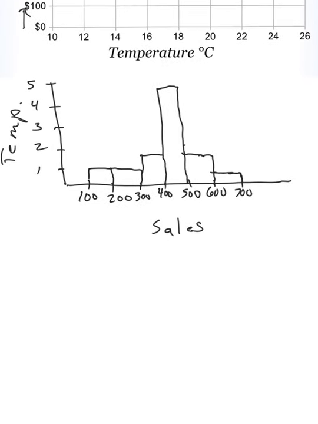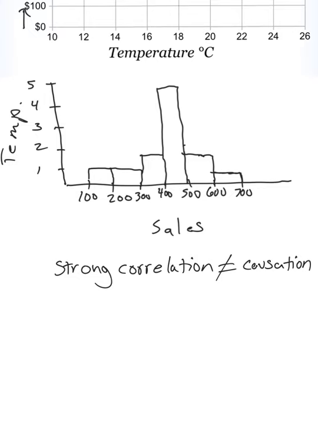However, we have to be careful, right? Strong correlation does not necessarily equal causation. So just because it gets hotter doesn't mean it causes the customers to come buy more ice cream. There might be a correlation, but it is not a causation. That is something we should never do in stats, to say this causes that. It takes a whole lot more to say specifically this causes that. There may be a strong correlation, but there may not be a